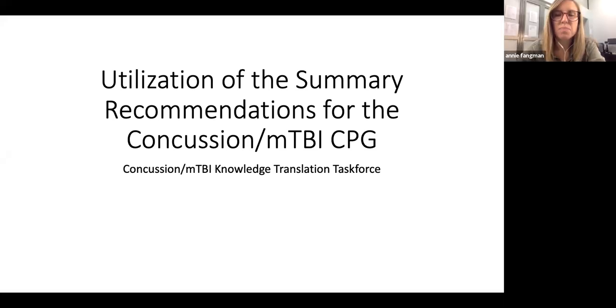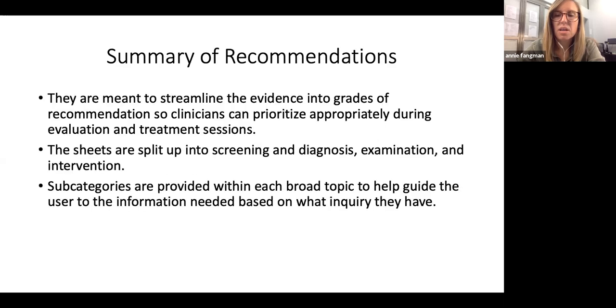The Concussion Mild Traumatic Brain Injury Knowledge Translation Task Force wanted to take some time to showcase the summary recommendation sheets for the Concussion Mild Traumatic Brain Injury Clinical Practice Guideline. These summary recommendations were created to streamline the evidence into grades of recommendation so clinicians can prioritize appropriately during evaluation